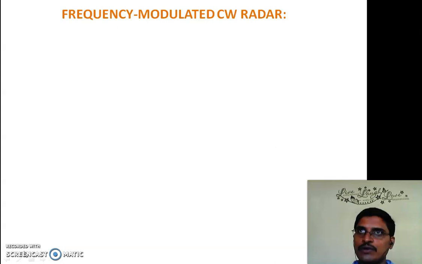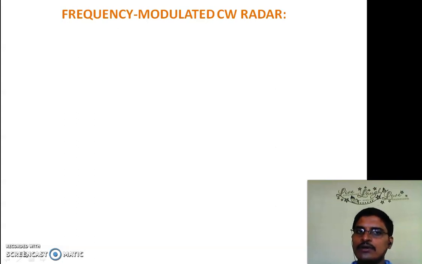If you want to find radar range, we need some time marker for when the pulse is started and when the echo is received. This time marker is needed to find range, but in CW radar the wave is continuously transmitted, hence there are no time markers. So to make time markers, we need to modulate the carrier. There are three types of modulation techniques: amplitude modulation, frequency modulation, and phase modulation. But in general, we use frequency modulation to add the time marker.